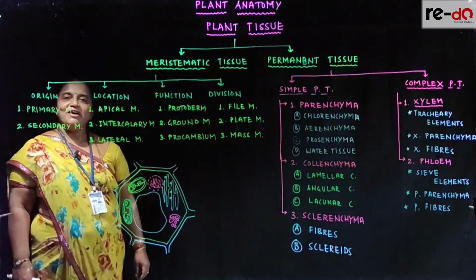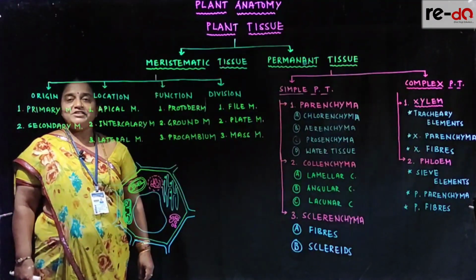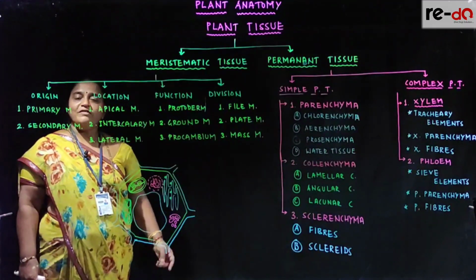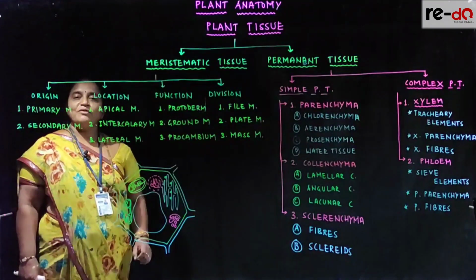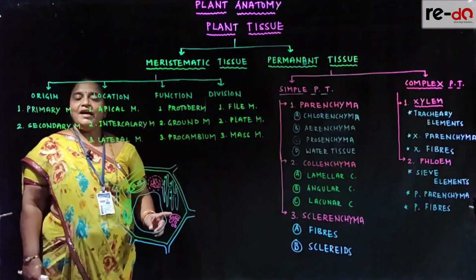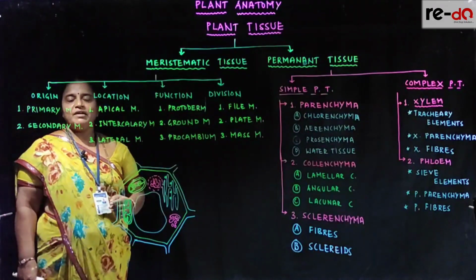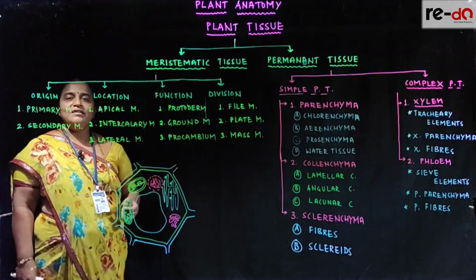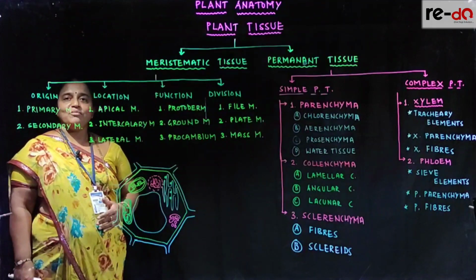Hello children, we have already completed morphology of flowering plants, in which we have completed root, stem, leaf along with their modifications, followed by inflorescence and the floral characters. At the end we have learned seed and the types of fruit, and then two families, one family Solanaceae and the other family Liliaceae. Let us move on to the next topic.